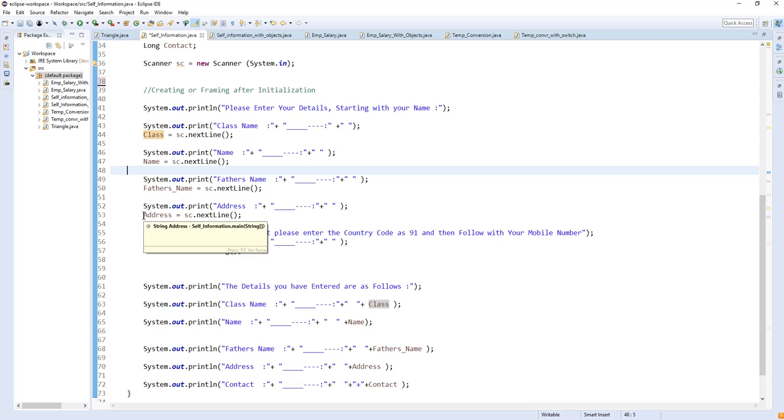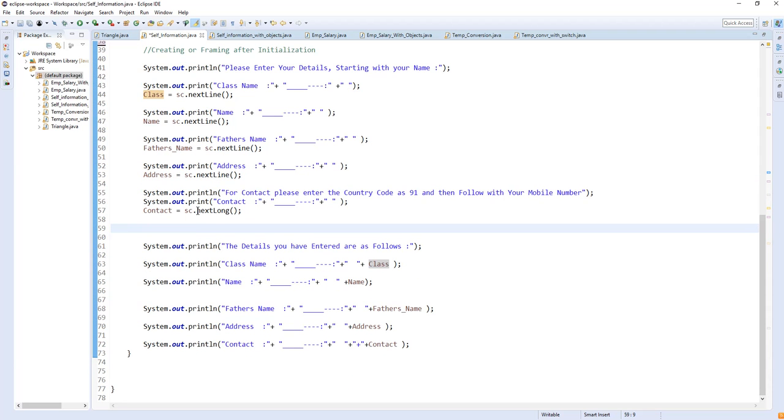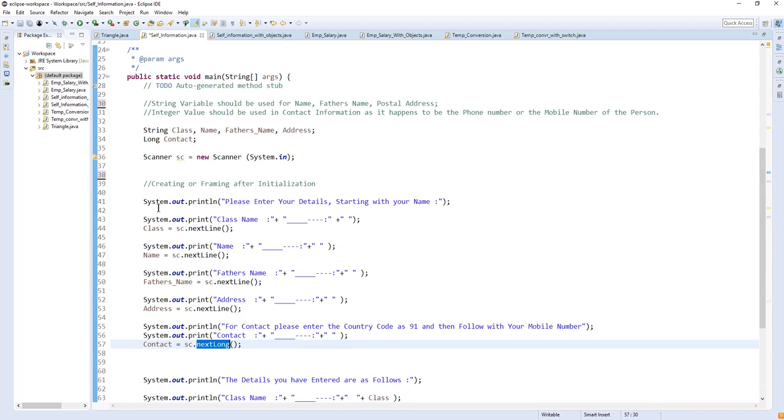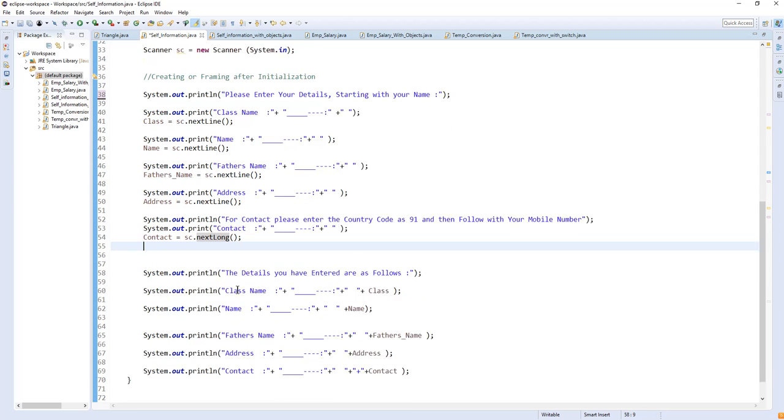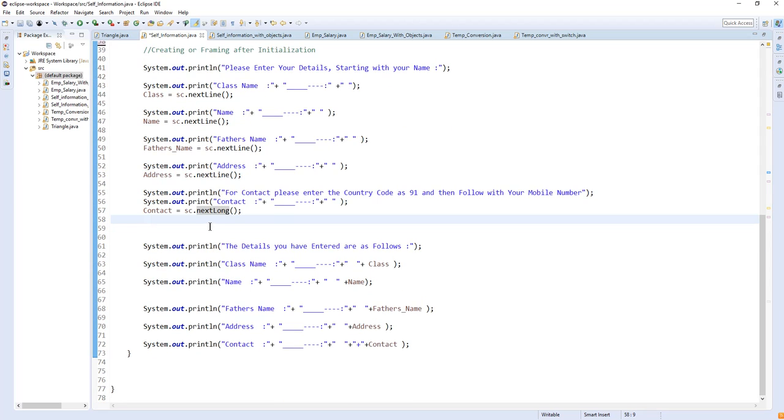For contact we have used nextLong, since the contact over here is long. I will be using nextLong to store the long value. Okay, once this is done,